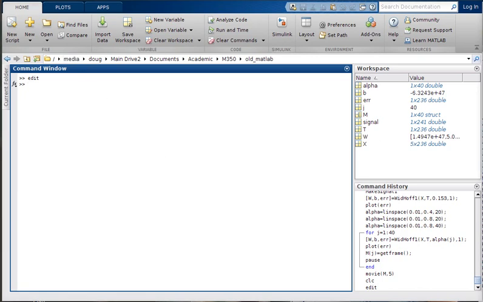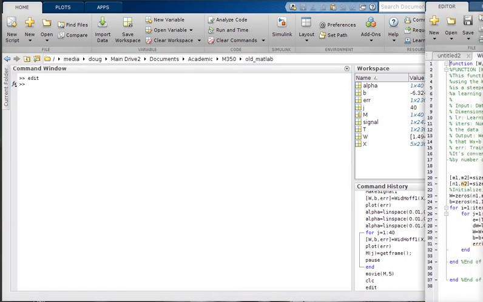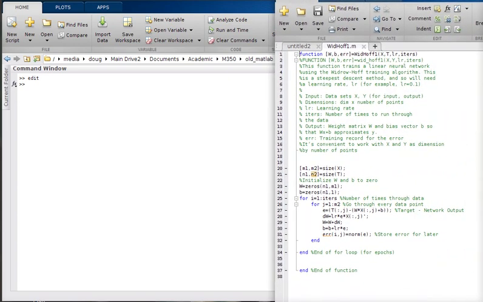All right, so we're taking a quick look at an example of Widrow-Hoff. Just to remember what that is, we have the Widrow-Hoff function here. I'm going to put this online. What's coming in is an X and a T, that's the data, and then the learning rate, and then the number of iterations or the number of passes that you want to